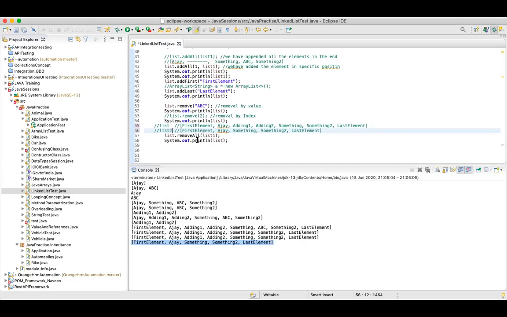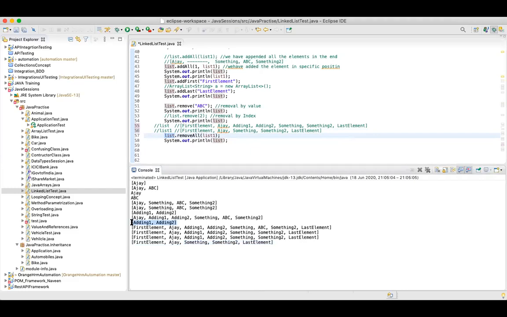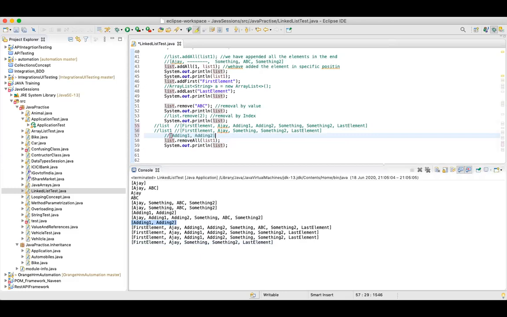Sorry, this is list 1. So what I'm trying to say is: remove all the elements which are present in list 1 from my list. And what do we have in list 1? This is my list 1.